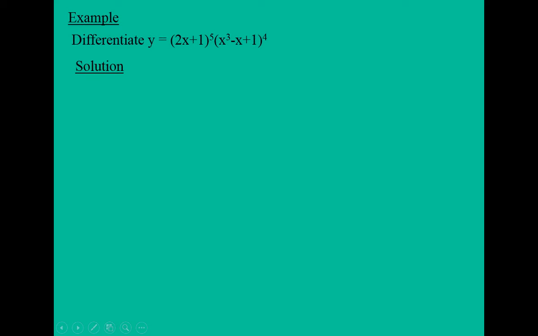All right, differentiate. Looking at this problem, hopefully we're thinking product rule. We see a product rule in there, and hopefully you see also that after we use the product rule, you need to use the power rule combined with the chain rule. So if we first of all use the product rule, we'd have the first times the derivative of the second function